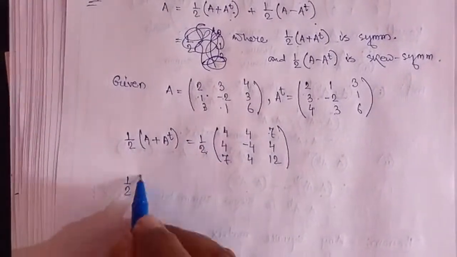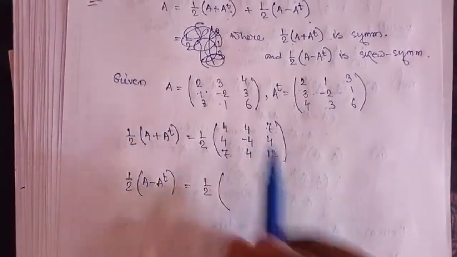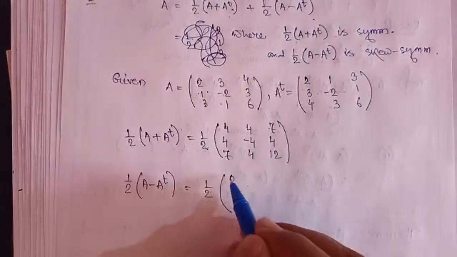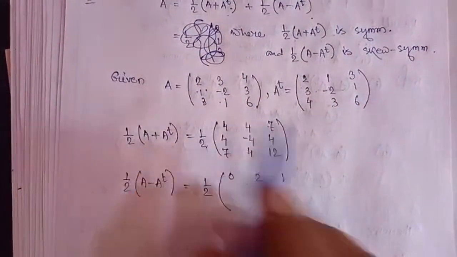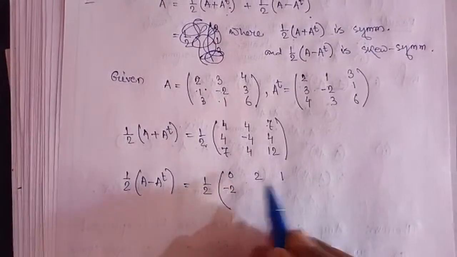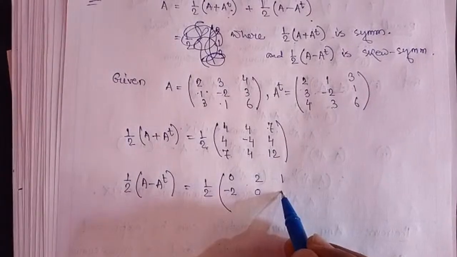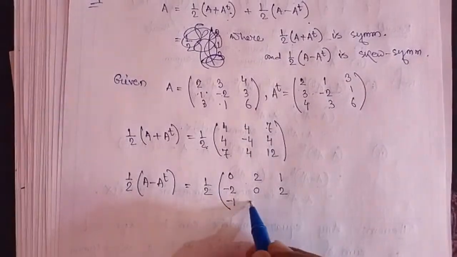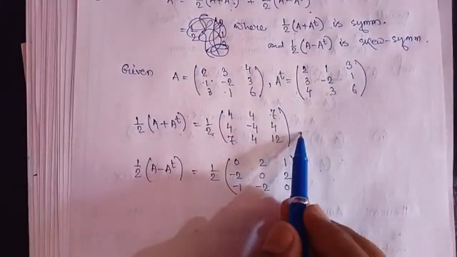In the same way, half of A minus Aᵀ equals what? Half of A minus Aᵀ, this matrix minus this matrix. So when we subtract, 2 minus 2 is 0, 3 minus 1 means 2, 4 minus 3 means 1, 1 minus 3 means minus 2, minus 2 minus of minus 2 means 0, minus 3 minus 2 means... 3 minus 1 means 2, 3 minus 4 means minus 1, there will be minus 2, there will be 0. So clearly you can see, by the short trick also you can check, this is a symmetric matrix, this is a skew-symmetric matrix. Okay, hence